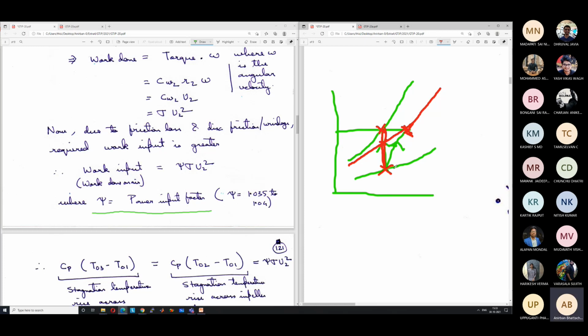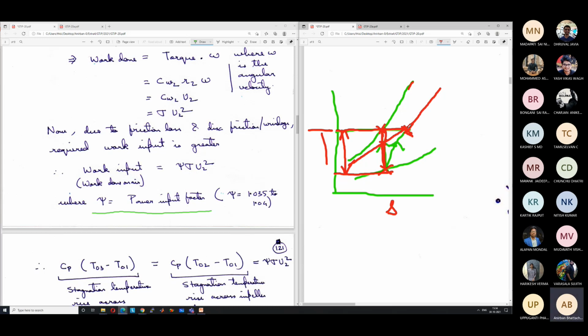So remember that even if there are frictional losses, stagnation temperature rise only depends on the work input. But the stagnation pressure rise will actually decrease with increasing friction. If the work input is given as Cp into delta T or delta H, Cp into delta T is going to remain constant whether there are frictional losses or not. This is the TS diagram, this is S and this is T. So the stagnation temperature rise remains constant, but you can see that the stagnation pressure rise would have been more here. We would have gone to this pressure, but because of friction, we are going to a lower pressure. The actual pressure rise because of the work input is going to be lower.